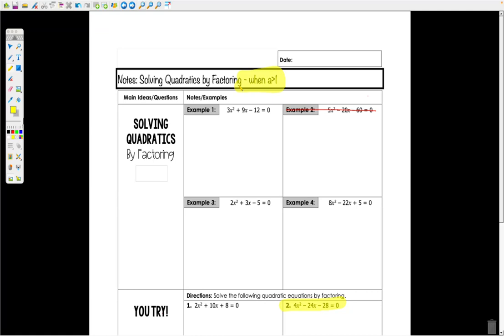Because our A is not going to be equal to 1, when we get to the mod table, there's going to be an extra step after we get our numbers to factor. And this is the hardest part to remember. When you do A times C, when the number is not 1, you have to come back and do a divided step. But before we get to that, let me show you first when you have a greatest common factor